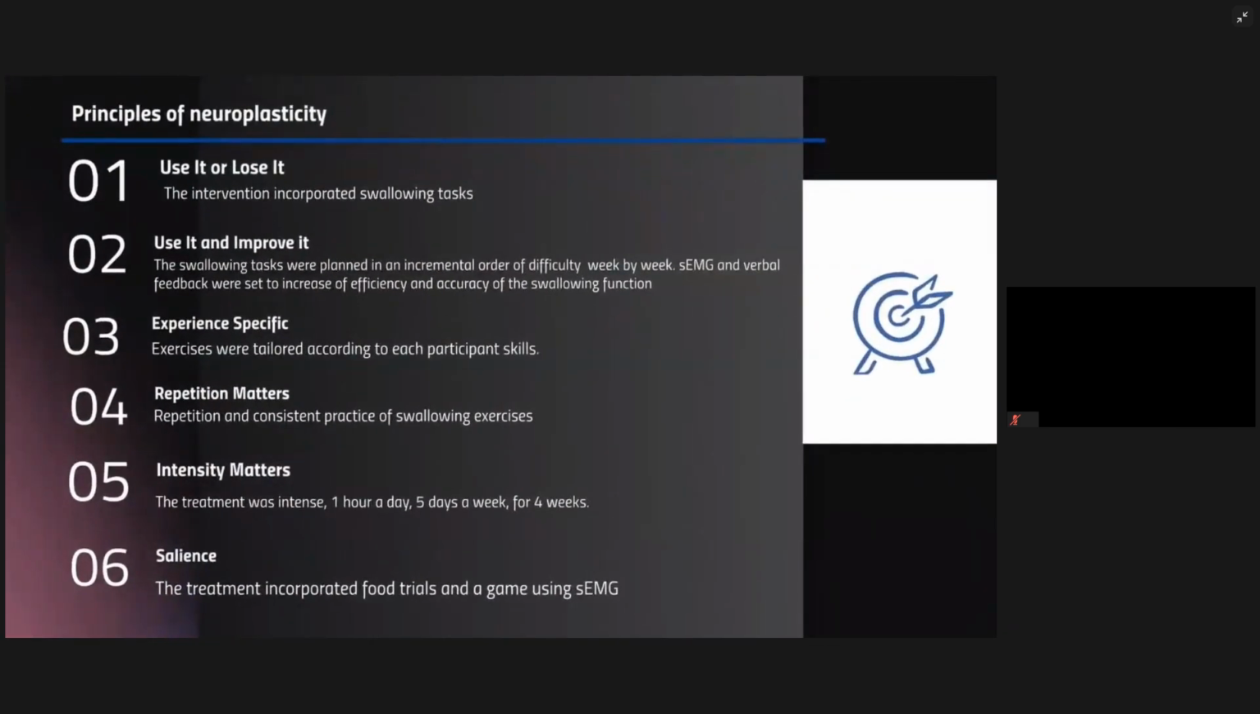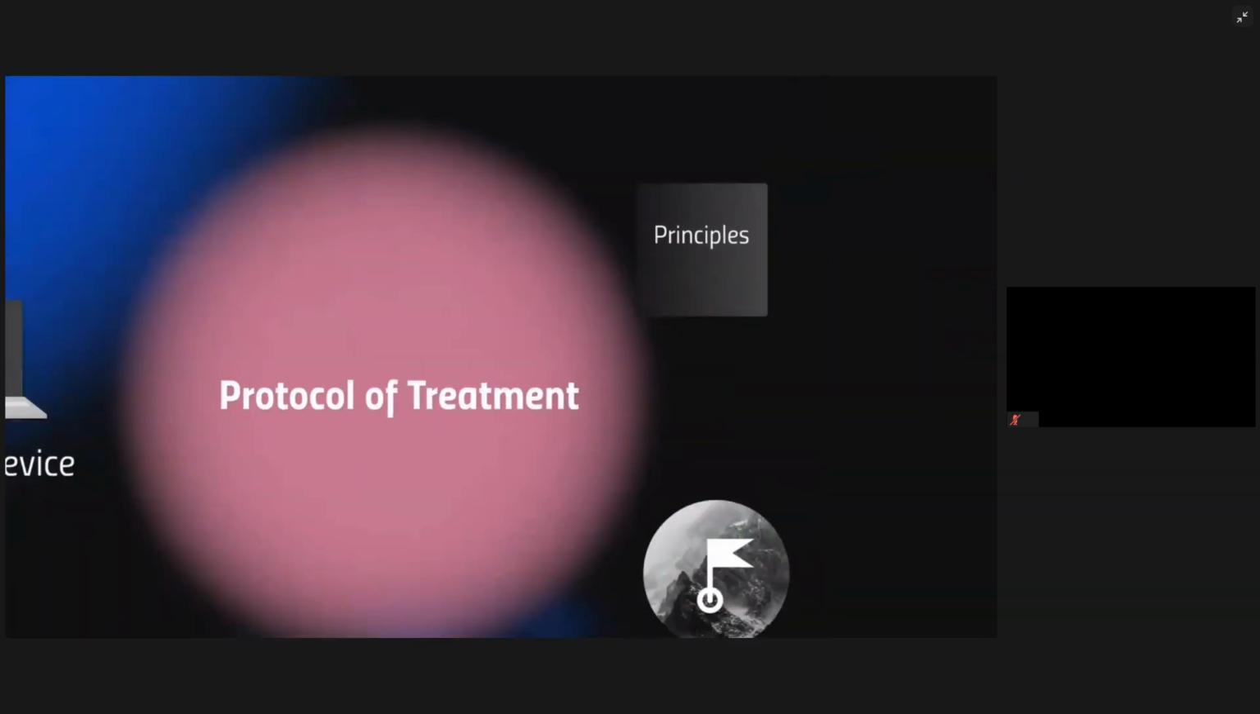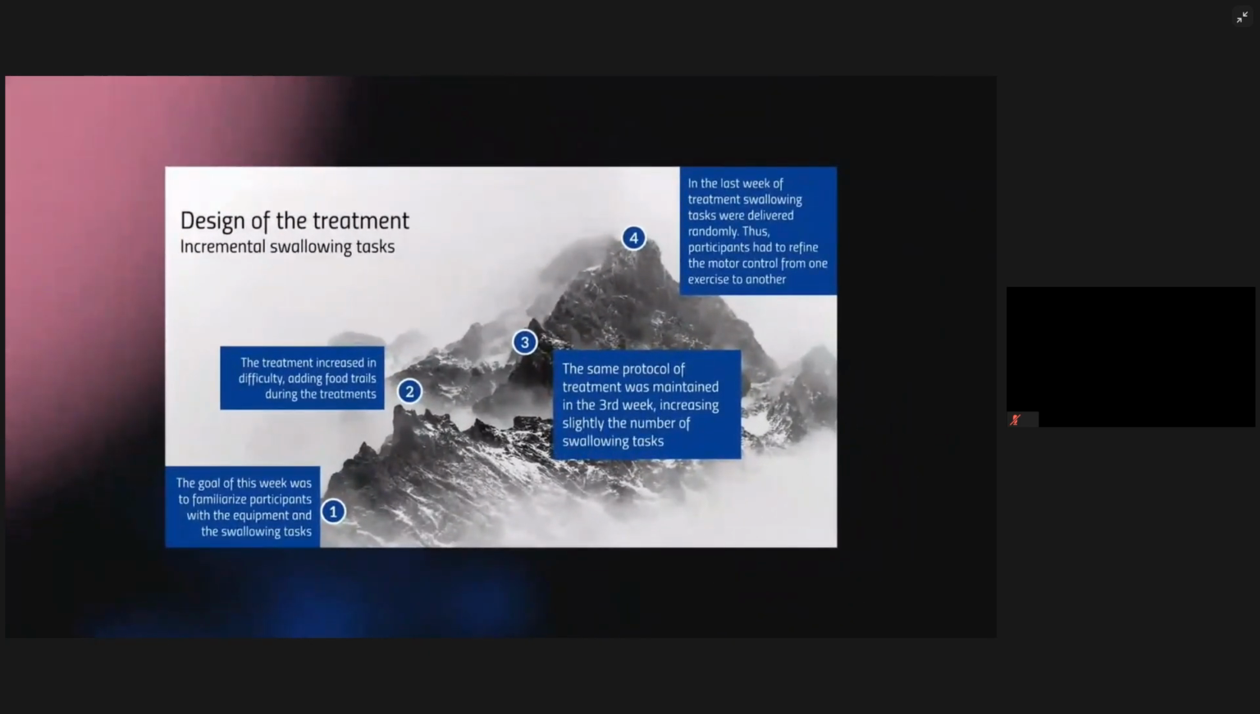The treatment was designed according to the neuroplasticity principle. Here you can see all the swallowing tasks based on the principle. I want to mention that the treatment was intense, an hour a day, 5 days a week for 4 weeks. In addition, the design of the treatment